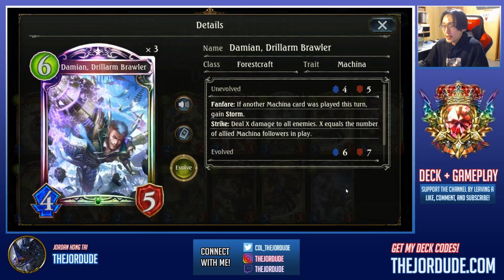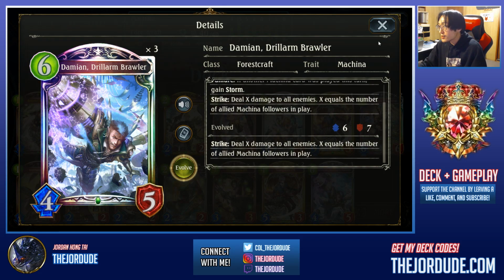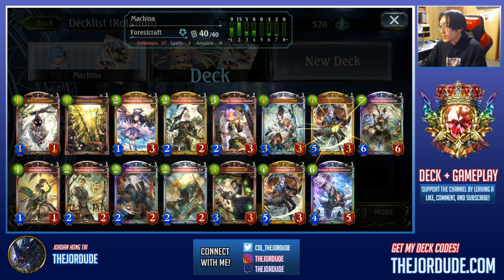Of course, the new legendary for Forest, Damien, Drill Arm Brawler, is a very powerful Machina legendary. If another Machina was played this turn, it gains Storm, and it has a strike ability where it deals X damage to all enemies, so not even just followers, but even your opponent's face. X equals the number of Machina followers in play, and spamming a bunch of Machina followers onto your board can actually be quite easy, especially because you have cards like Iron